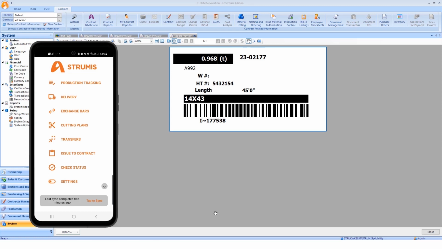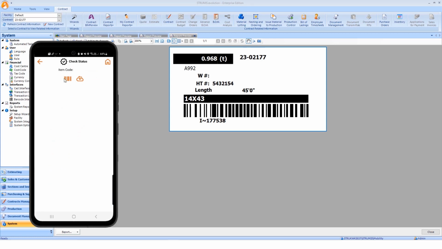We're going to start off with the inventory barcode that's on screen in front of us right now. So we've got a 14x43W section in play. Now imagine we're walking around the yard and we need to find out some useful information about the material that's in front of us on the rack. What I can do is I can hit check status. I can then go to the barcode reader function, scan the barcode,